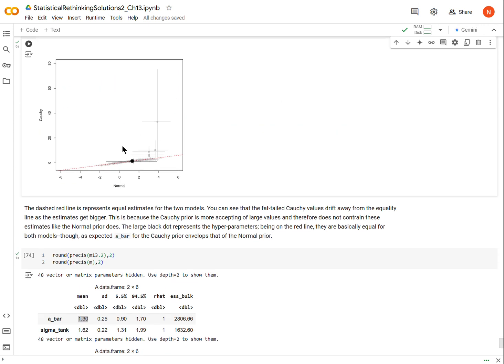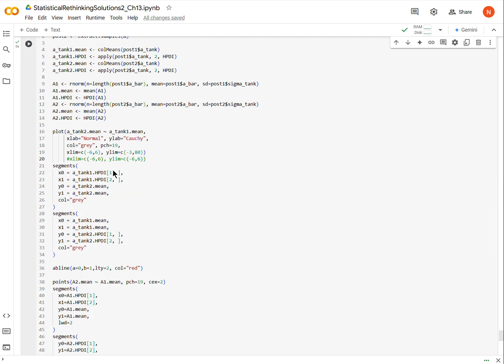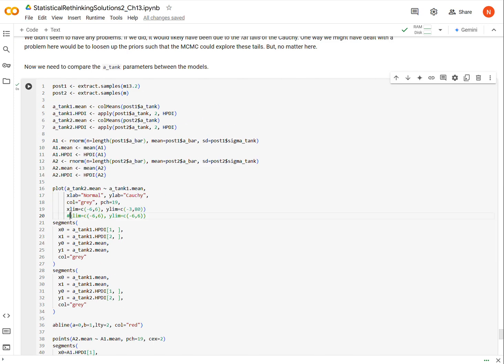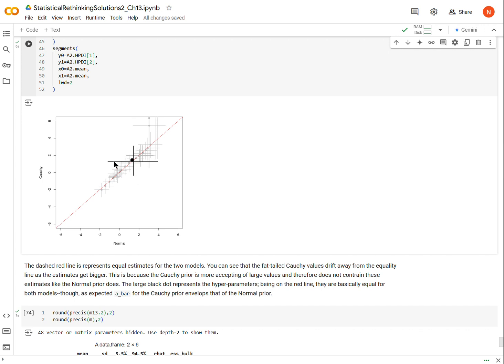And there's something else that is possibly interesting. I'm really not sure, but that is that the error for the normal distribution of the mean tank, the black dot here, is greater than for the Cauchy. Now that seems, well, okay, it's being exaggerated here because of the difference in the scales. So let me go back up and zoom back in so that the scales are the same. Here we go. Okay, so that's a more fair depiction. But you do see that the error bars for the normal distribution are greater than for the Cauchy distribution.